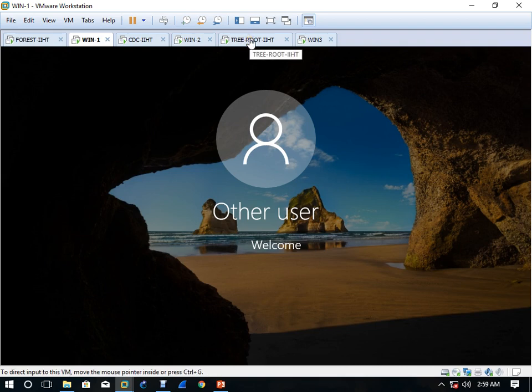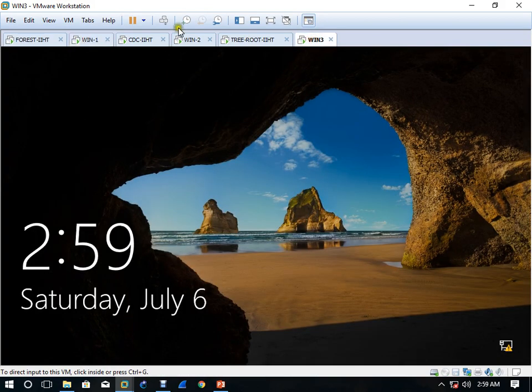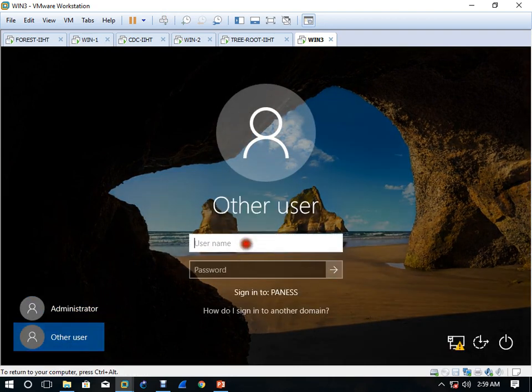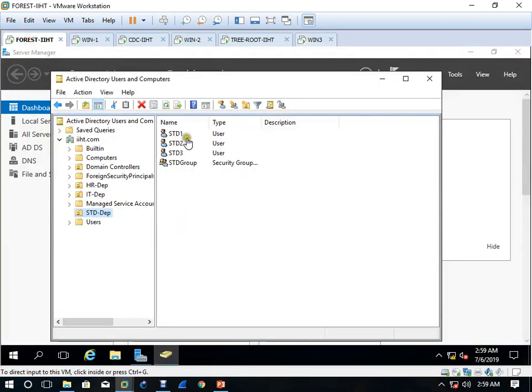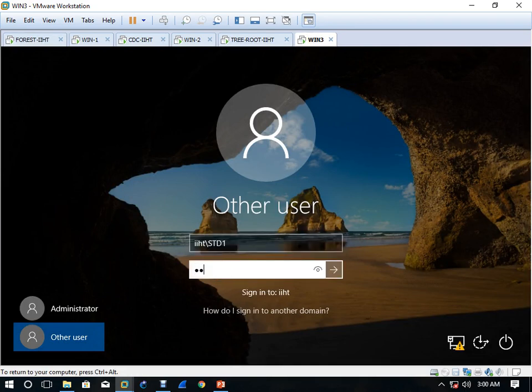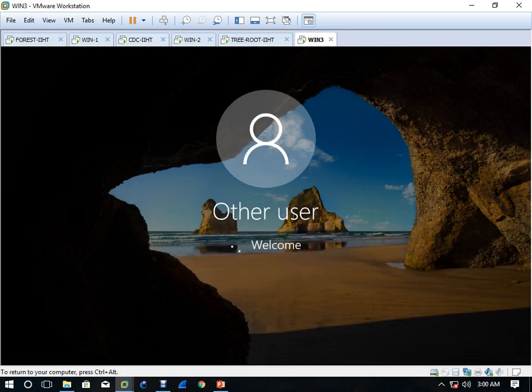So the user of tree root is authorized to access the resource of forest, and the forest user, if you come here and click on other users, and type IIST slash student 1, which is here, you can see student 1, and give the password. Okay, see here they are able to log in.